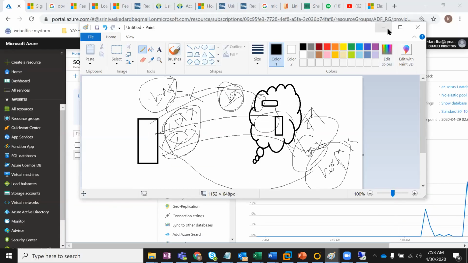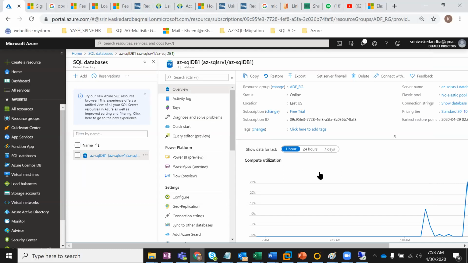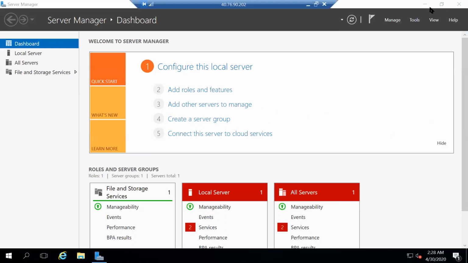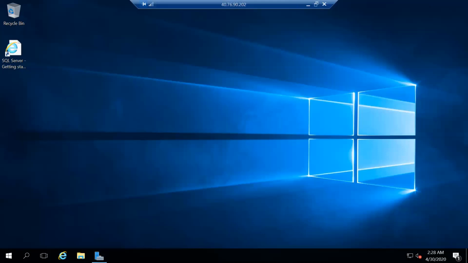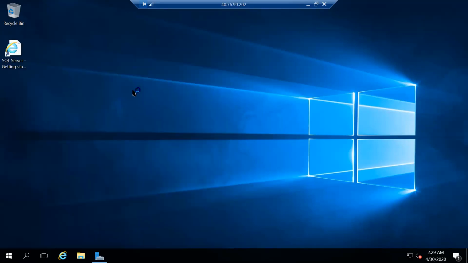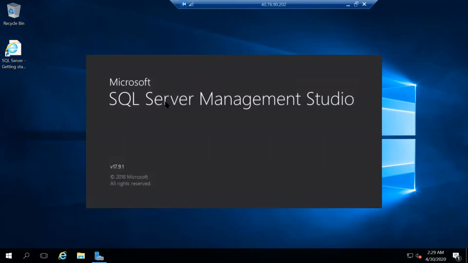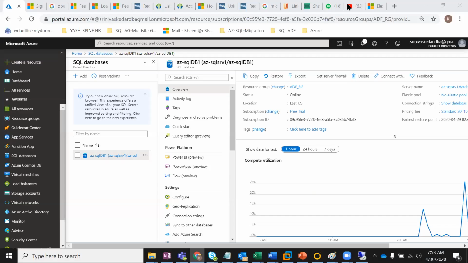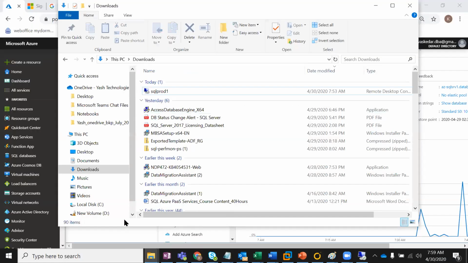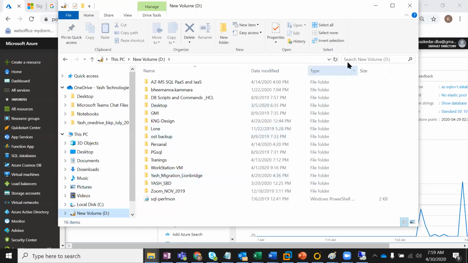Right, so where are we exactly now? We connected to my IaaS instance, which is available in the cloud landscape, and tried to see all the configuration. So this is my IaaS instance, SQL Server 2017, and 2016 is the OS version. Now just try to deploy it to any one of the databases here, restore it, and do the migration process.